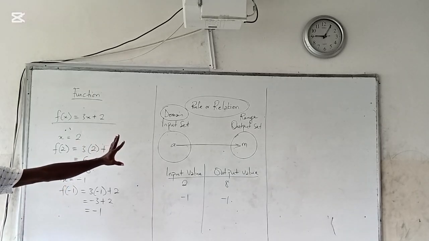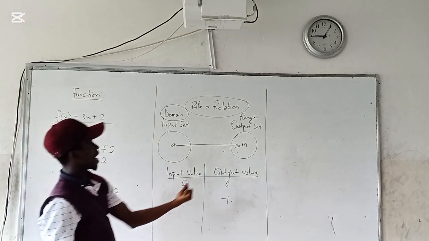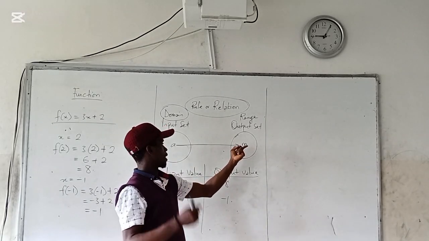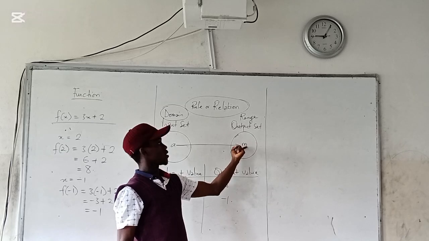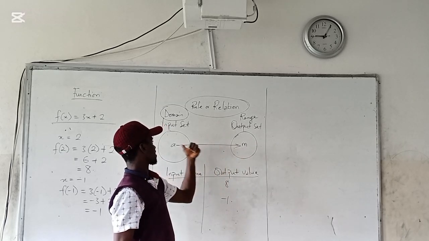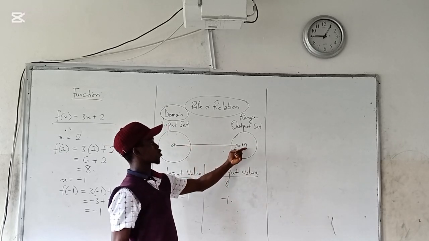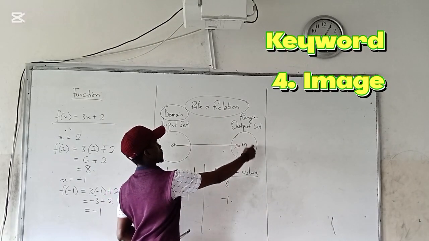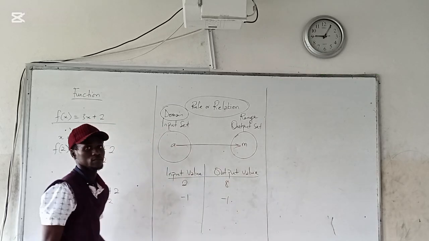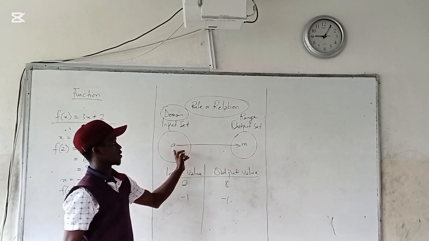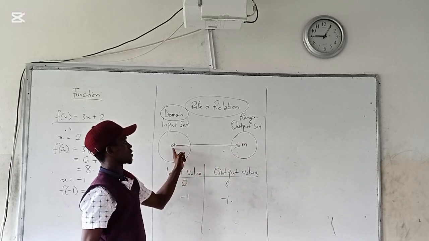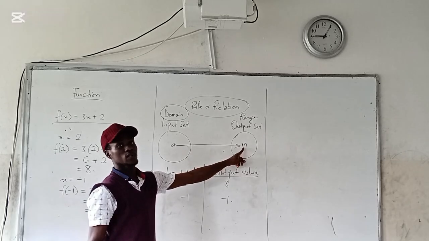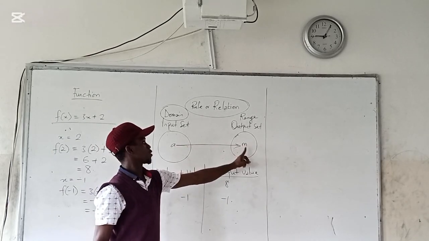Now, I believe that is clear. Now, an element in the output set which is assigned an element from the input set is called image. So for example, in this case now, M is an image of what? A. This M here is an image of A because M is assigned to what? Sorry, A is assigned to M. So since A is assigned to M, or A is mapped to M, M is called an image of